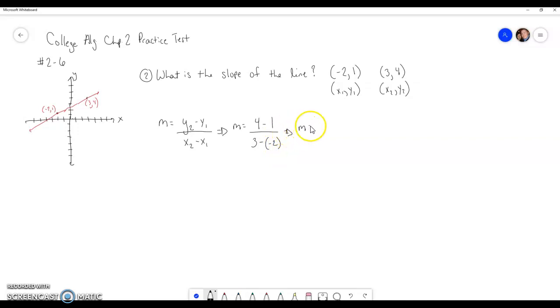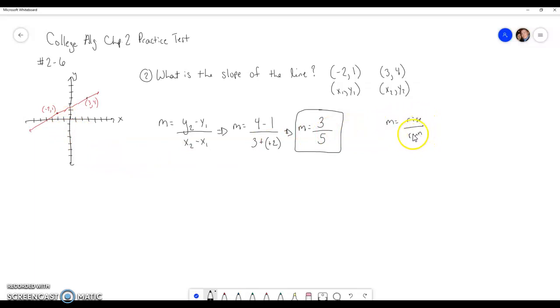So I get that m is equal to 4 minus 1 is 3. And then 3 minus a -2 would be that I'm doing 3 plus a +2. So 3 plus 2 is 5. So my slope is 3 over 5. Okay? So that's how you can do it using your slope formula, which I hope by now you guys all know. The other way to do it is to remember that your slope is equal to your